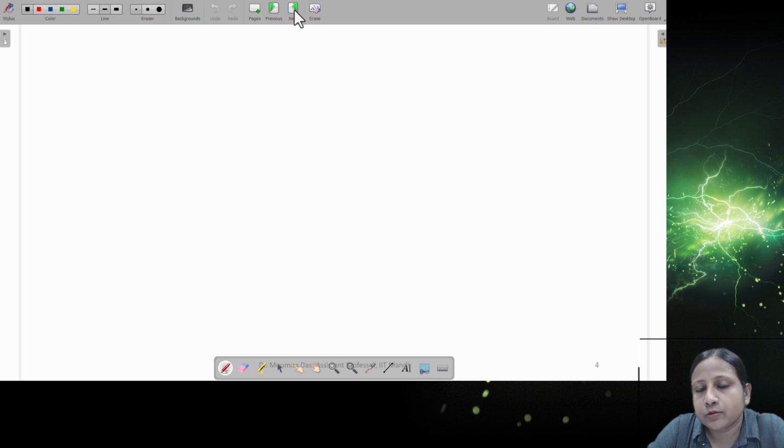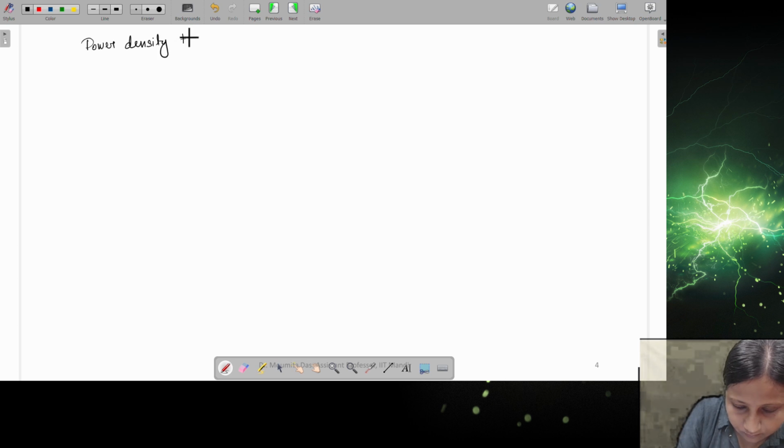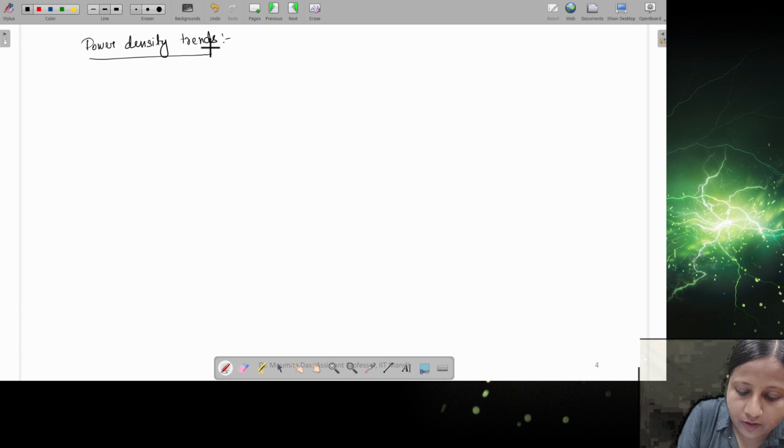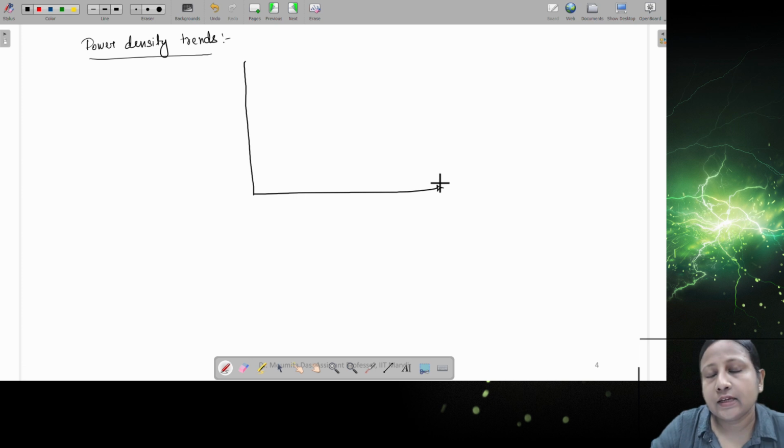From that time to now, where we are exactly from the power density point of view. So if you see the power density trend, it means how basically this system